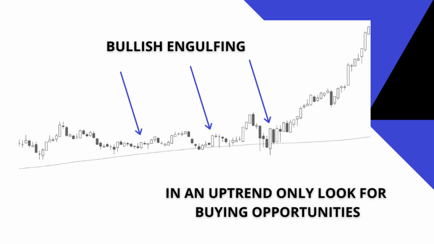You can also use this type of approach in a sideways market, but make sure to look for the engulfing pattern at the very bottom of the range. Basically, you want to find a large bullish bar that has its high and low price exceeding by a significant amount the high and low price of the previous bearish bar. To add higher probability to your trade, watch for a bullish engulfing in a well-defined area of support or another magnet like a